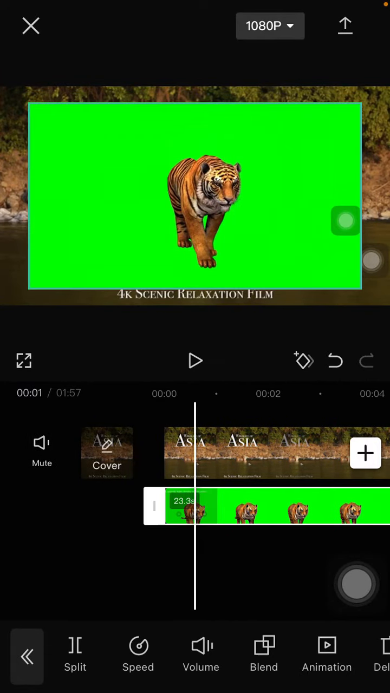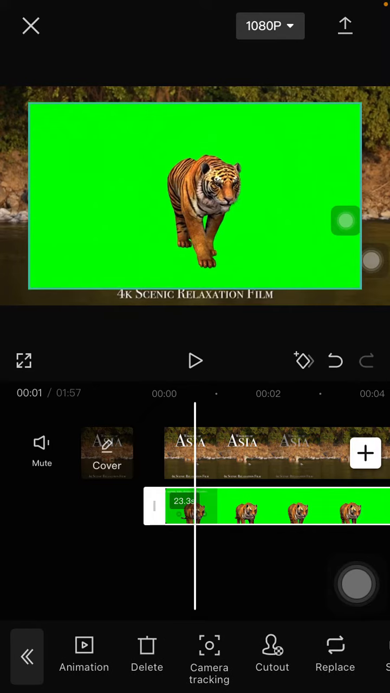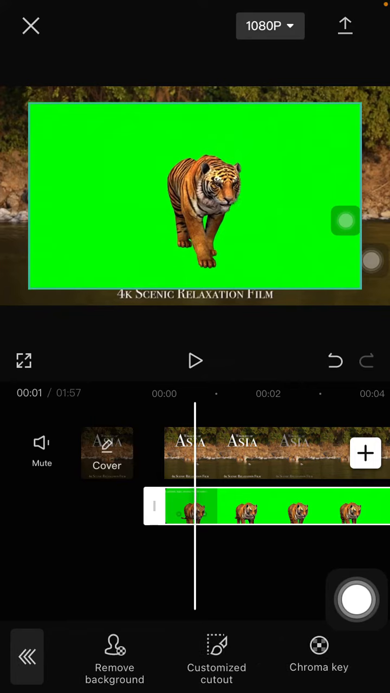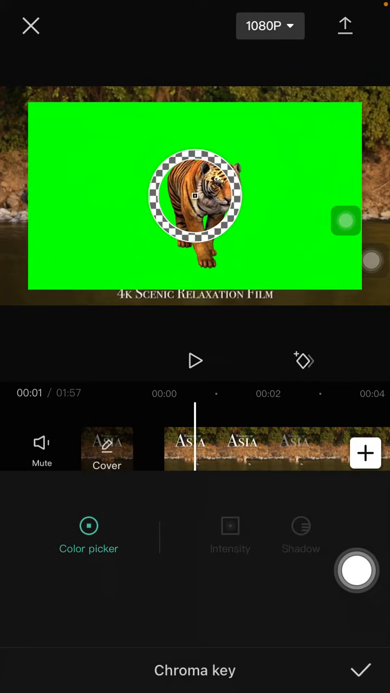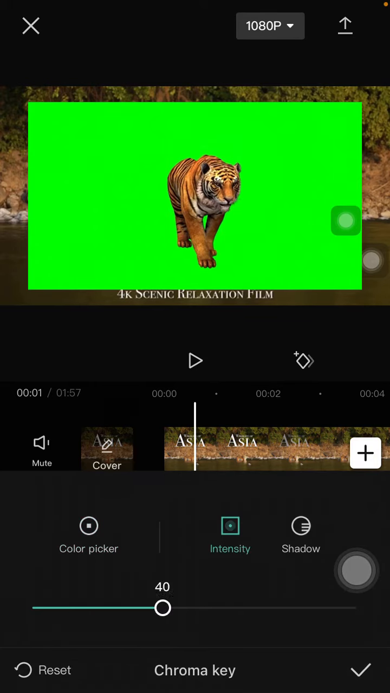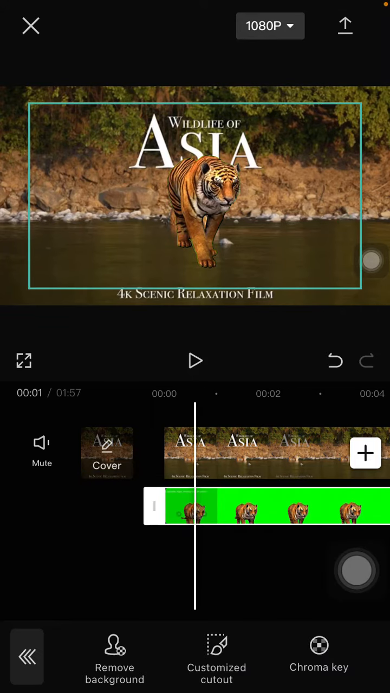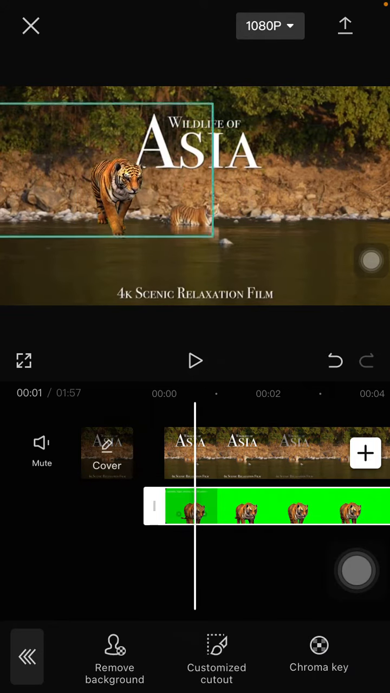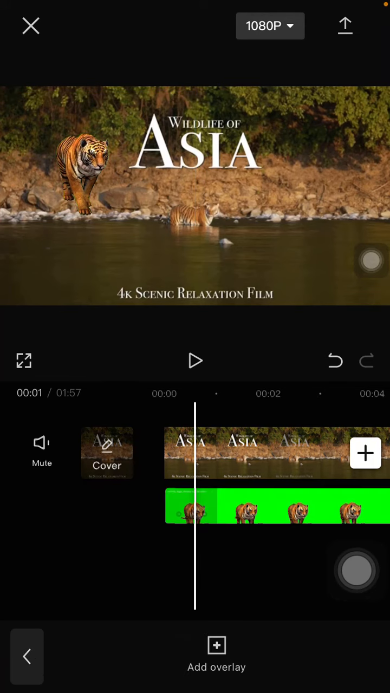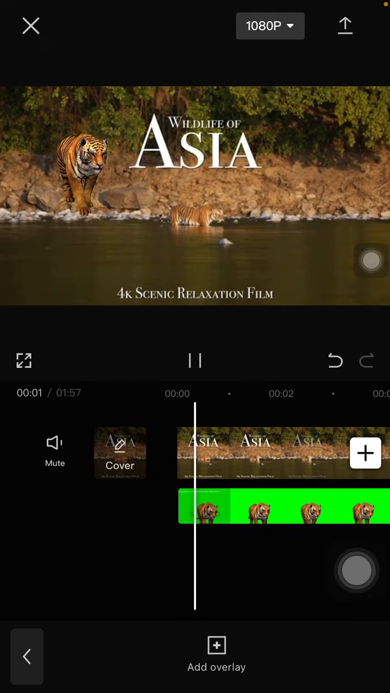Because it's a green screen video, I'm going to remove the green color with the chroma key. Right, just click the check mark. So as you can see,